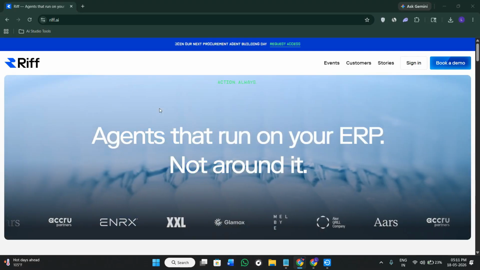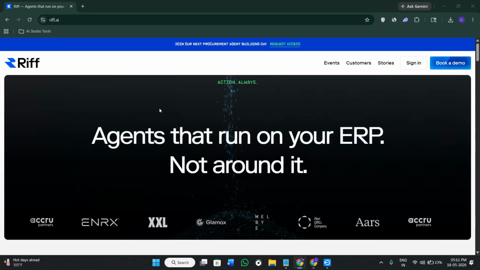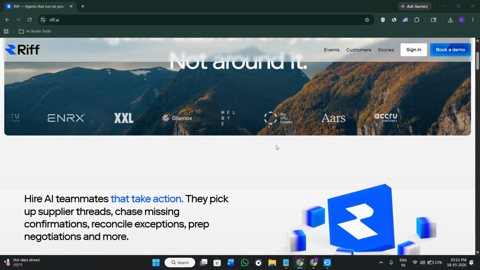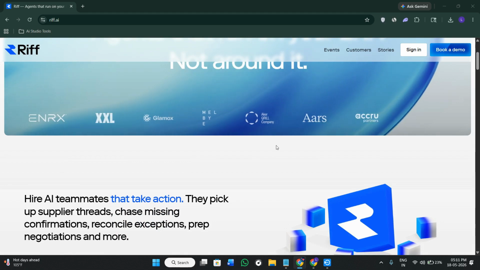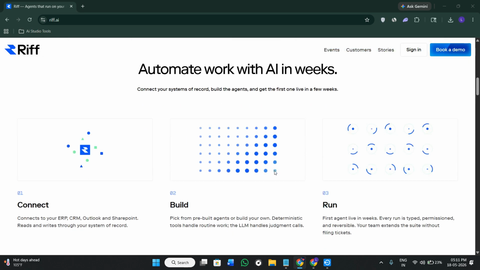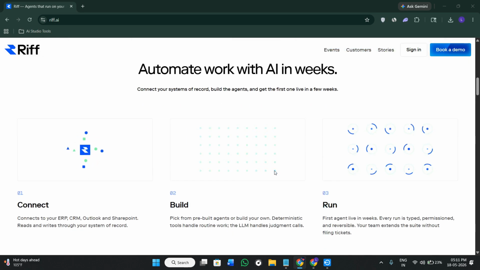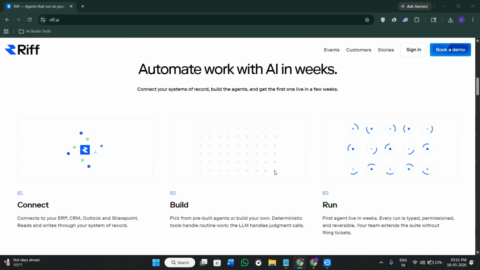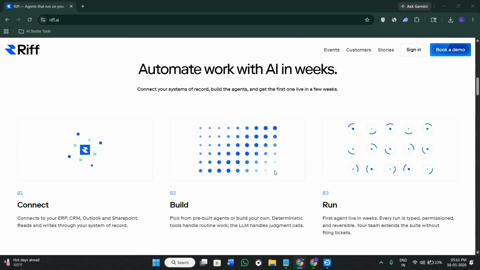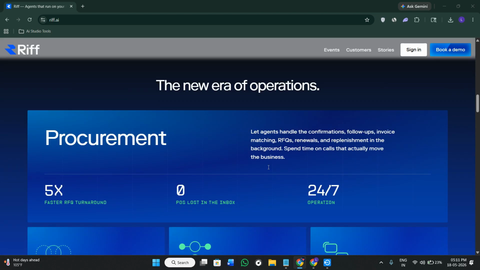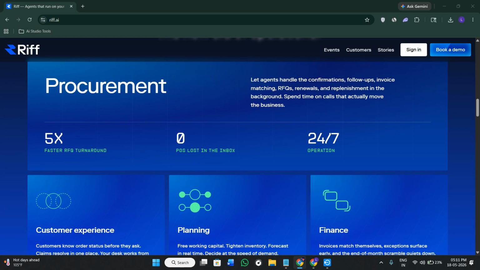In today's video, I will walk you through Riff.ai, which is an AI platform that is designed for helping businesses build applications, automations, dashboards, and AI agents without any heavy coding. So we will go over how Riff works, its main features, the integrations, automations, and whether it's actually useful for real business workflows or just another AI hype tool. So make sure that you watch this video till the very end